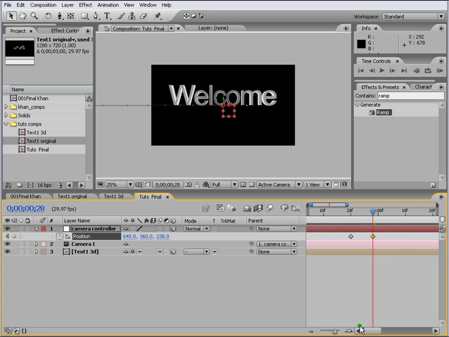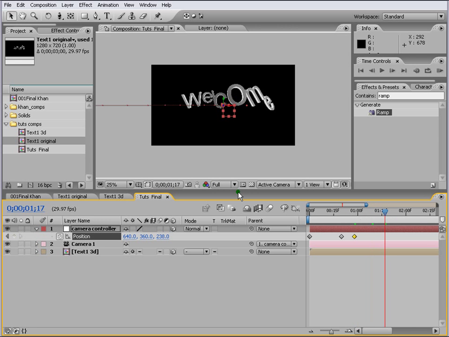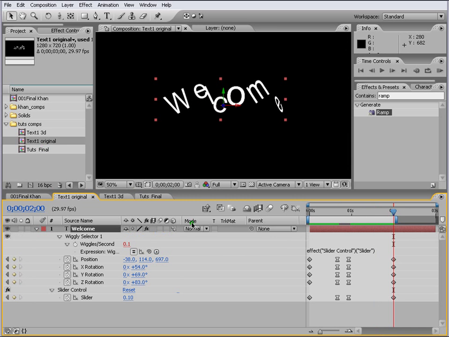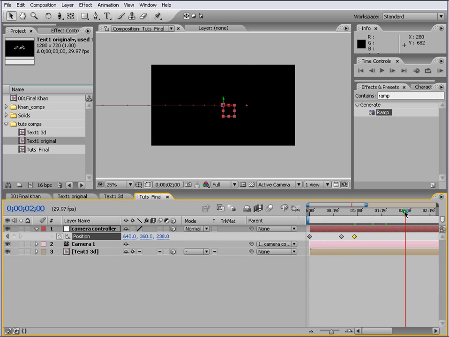That's it, not too much. And then we go to the last where it starts to break, you know. If you go back to the text original, which is around 2 seconds, so come back to Tuts Final, go to 2 seconds, and then you can just move the camera, you know, into the text,